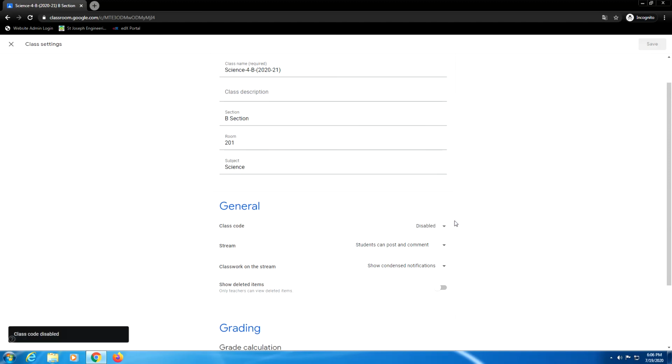The email ID of a student can be collected in multiple ways, either by sending a Google form to them and asking them to fill that, or even in the WhatsApp group or something. If you have a class group, you can ask the students to key in their email IDs. So that is one way. So disabling the class code is one best way. Otherwise, if you are pretty sure that the students are your own members, you can give the class code to them. Once everybody joins, you can disable it and keep it.